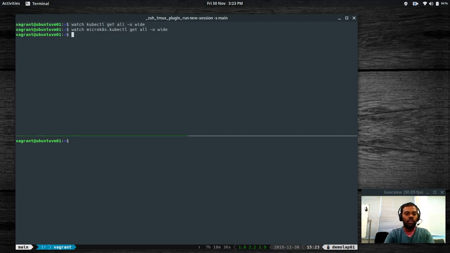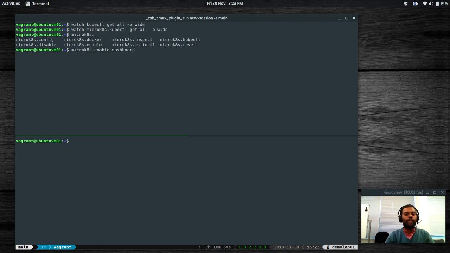Okay, and I want to show one final thing. microk8s.enable and disable. You can enable different services. For example, you can enable the dashboard service. I'll do that on the bottom pane. microk8s.enable dashboard. Basically, what it's going to do is, if you have followed one of